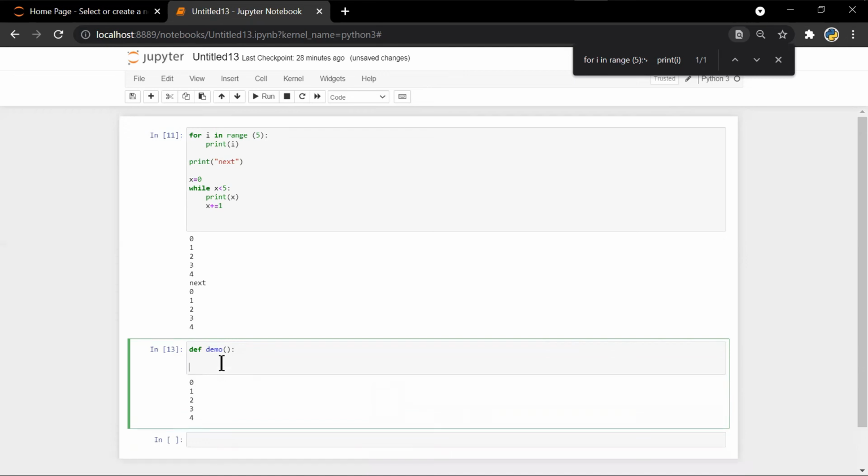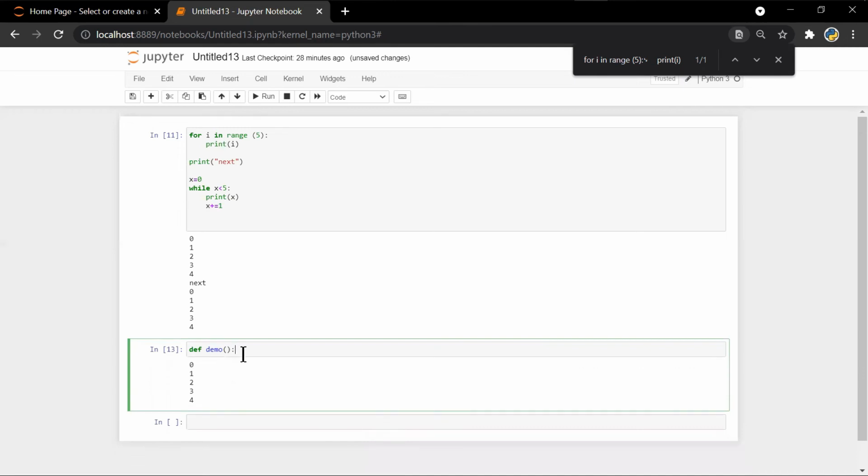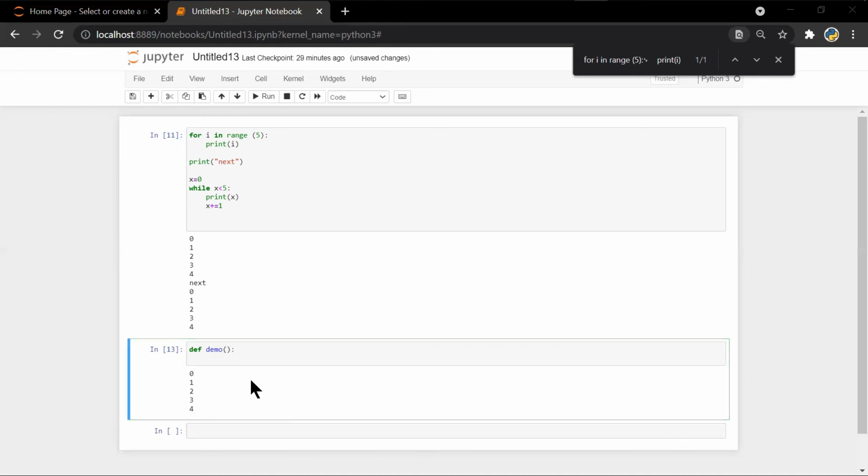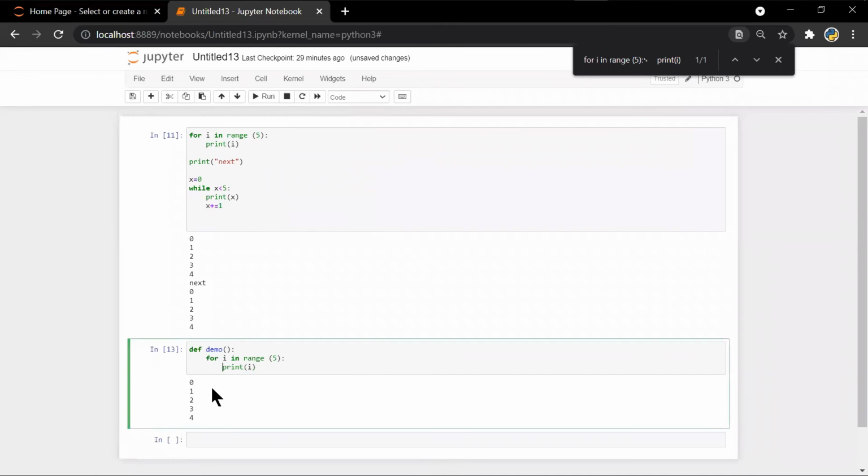For variables, you simply write x is equal to 1. But when you are defining a function, you need this def, which defines its existence. Now a function named demo with empty parentheses will exist. So for that you need to define it, and then you simply copy paste this, and it's like you need this program to run somewhere else.